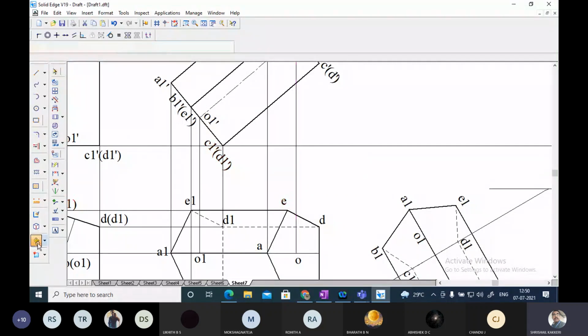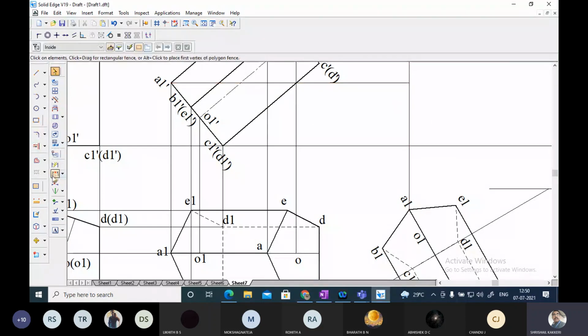Let me draw a line from A. From A I am going to write the line. From A I have drawn the line. Now extend this line up to here, so that this will be point A. Please remember, this is the bottom page, so that this will be A1 dash. In the beginning only, please don't write. Already you will be writing in the sketchbook. So just I am showing it now here.